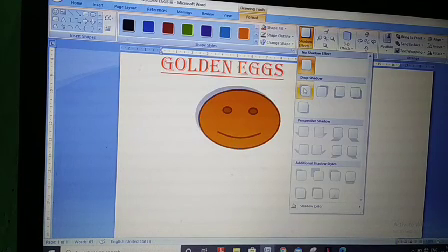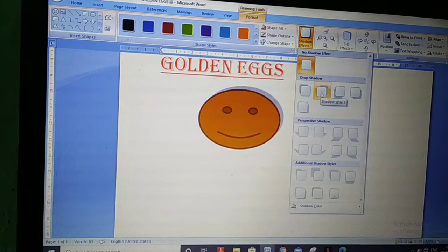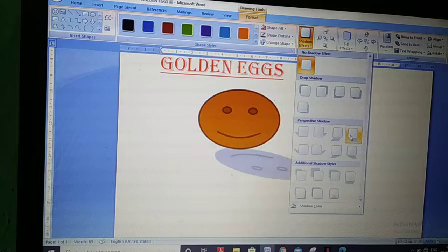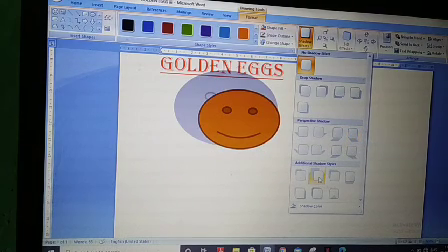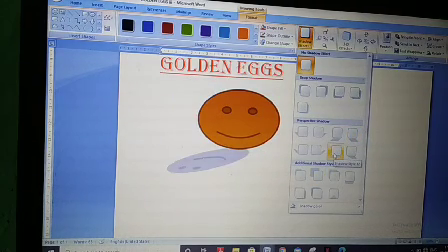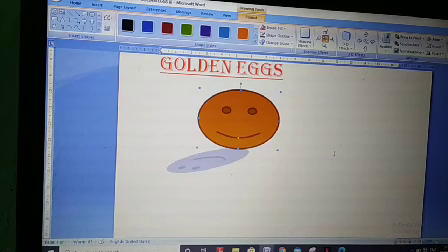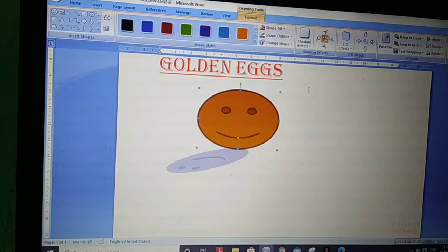If you want to give a shadow effect: left side shadow, right side shadow, back side shadow, whichever shadow you want. Many options are there. This is called shape formatting.